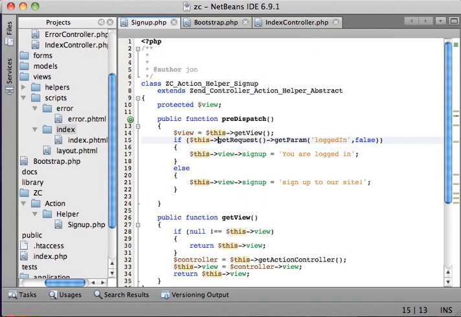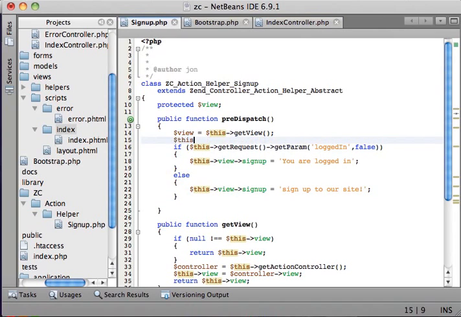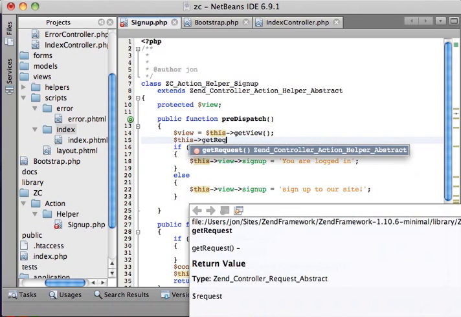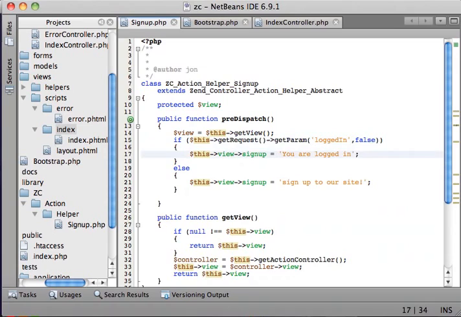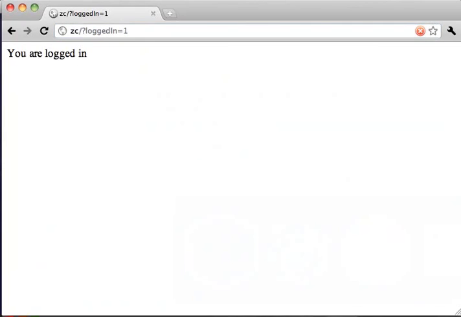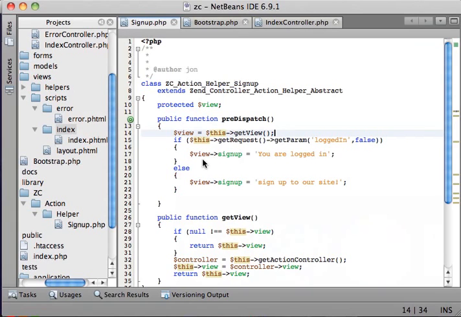And instead of saying this get request, get param, logged in, all that's going to work, because if you look here, I have access to the request. I also have access to the response object. And instead of saying this view, although I could say this view, I'm just going to say view signup and view signup. So now I'm using a reference of the view object that I'm getting from the controller, and I'm setting the view variable in pre-dispatch. So now the same thing happens where I get the signup variable initialized,